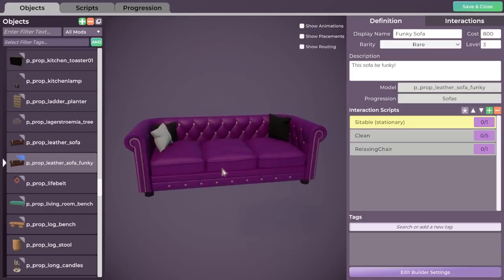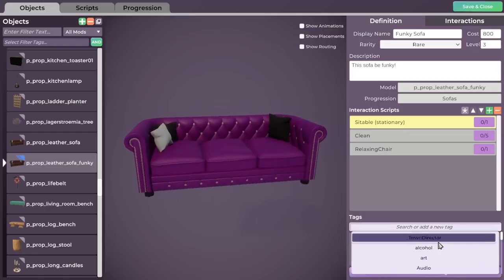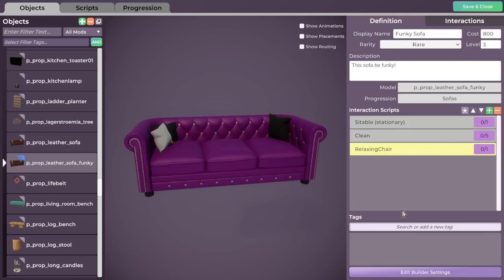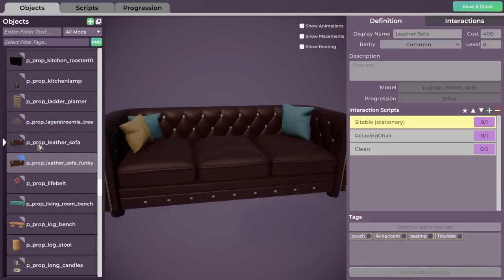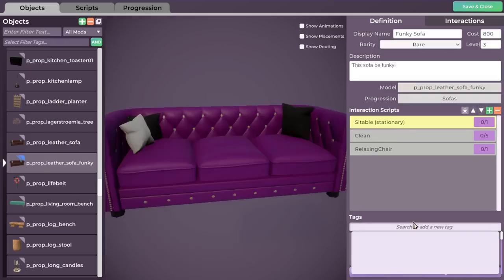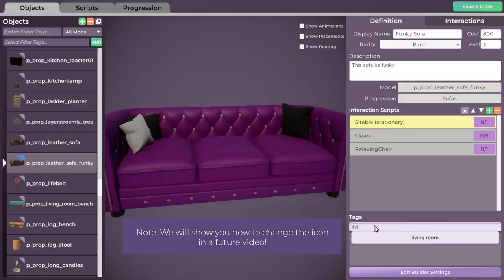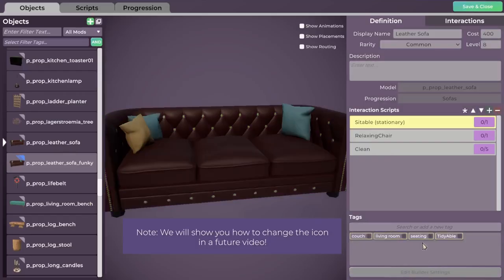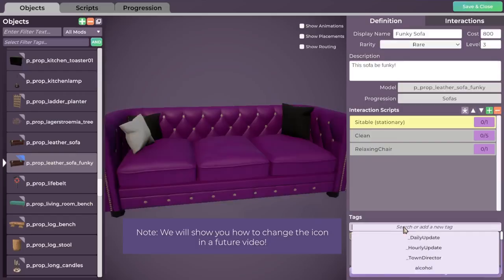And then the last thing we're going to do is add tags down here. Now, tags change a decent amount of stuff about our object. They're used for some functionality. They're also used for different menus, so we know which rooms we can find this in, for instance. I would recommend the same thing for you to start out. Just find an object that has similar functionality to what you want, and then just copy whatever tags it has down there. And then you can start playing with tags as you get a little bit more comfortable. So I'm just going to copy over these four tags that the leather sofa has. And once I've copied all four,